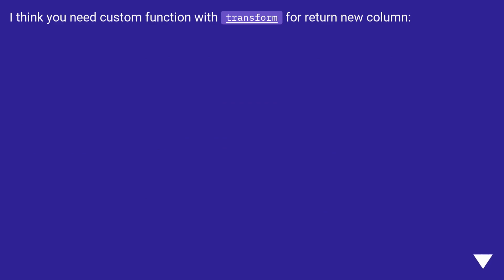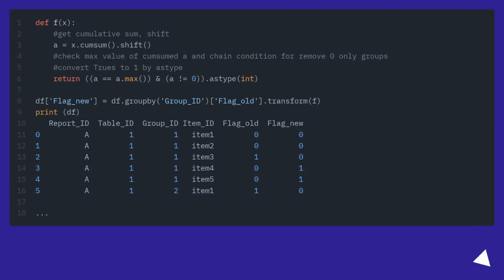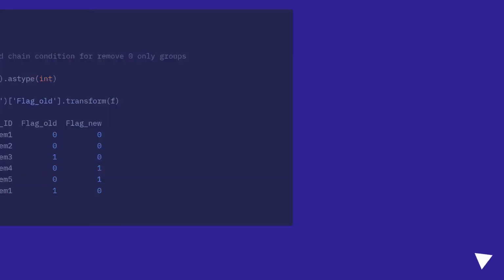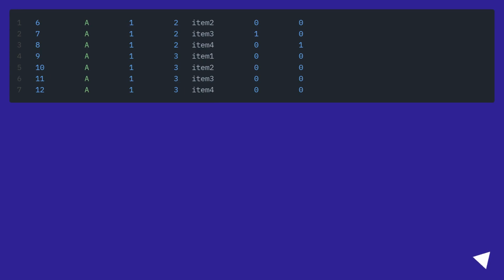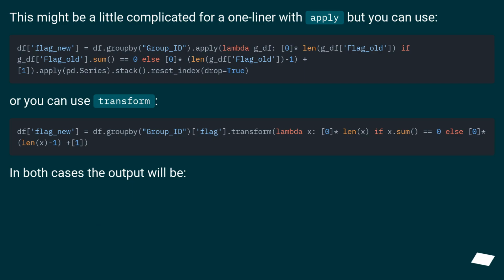I think you need a custom function with transform to return a new column. This might be a little complicated for a one-liner with apply, but you can use it, or you can use transform. In both cases the output will be